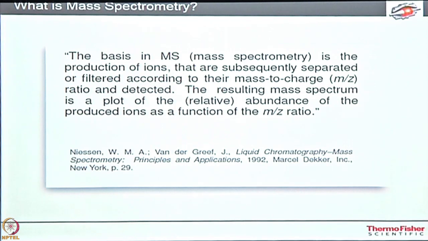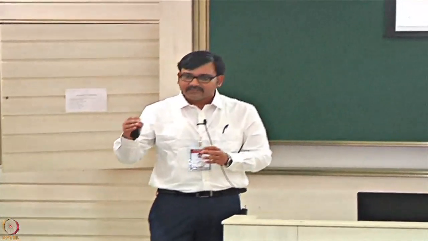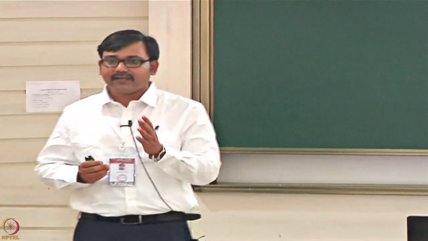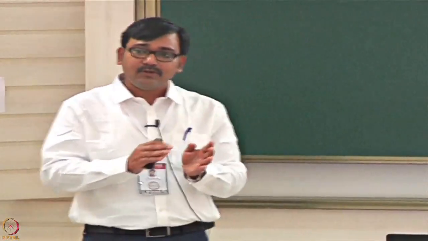Now, sometimes if you run samples in MALDI, MALDI-TOF being very common, you will see the x-axis comes as a mass, M. Whatever the m/z value is, that is the M, because in MALDI you are getting a +1 charge. So the m/z value will always be equal to your mass. But in the case of ESI, electrospray ionization, you will get multiple charges. In that case the m/z value will not be the exact mass. So don't be confused by this terminology.